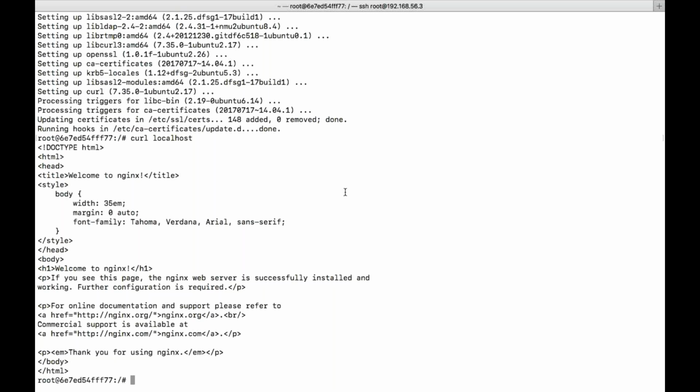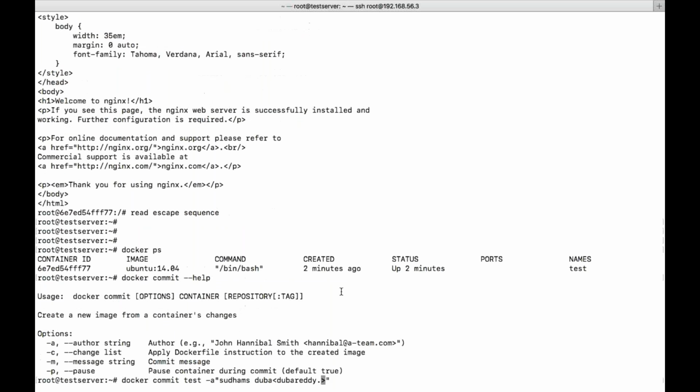So how will you do that? Docker commit. There's a container name test. Let's say I want to add author in the sense who has created this image, just to give a name. I'll just give like this. Okay.